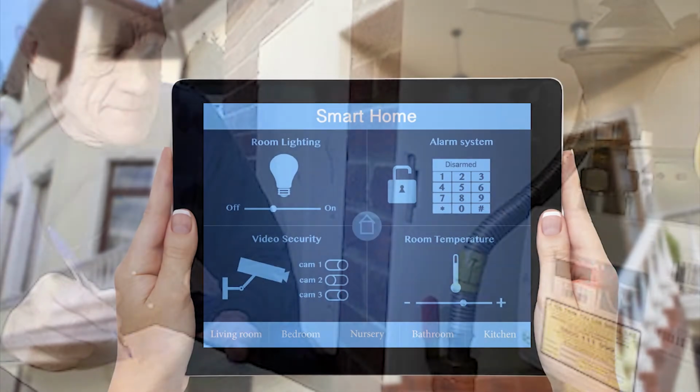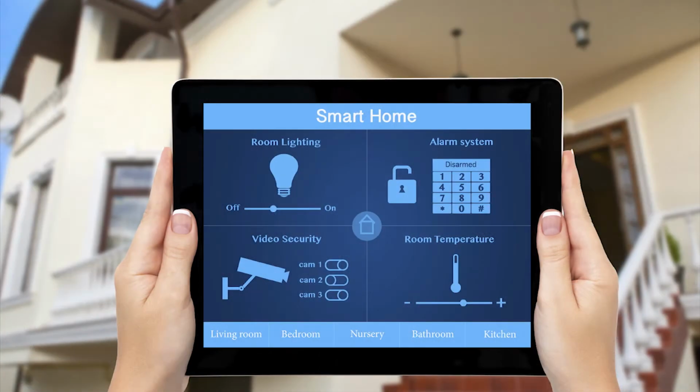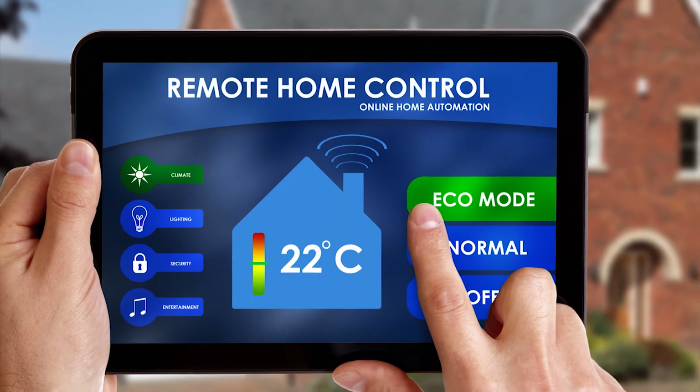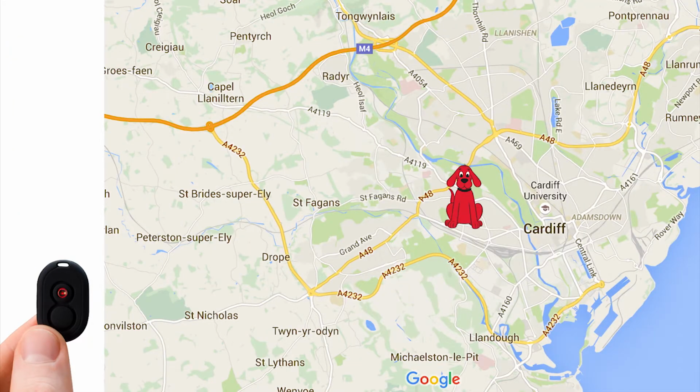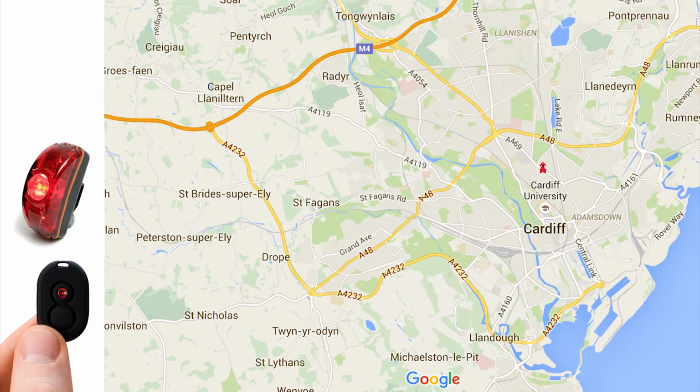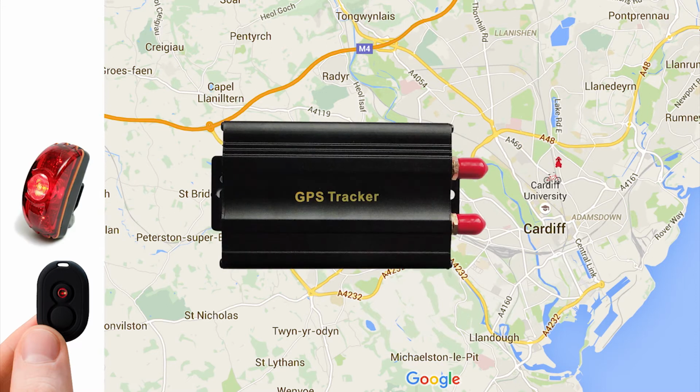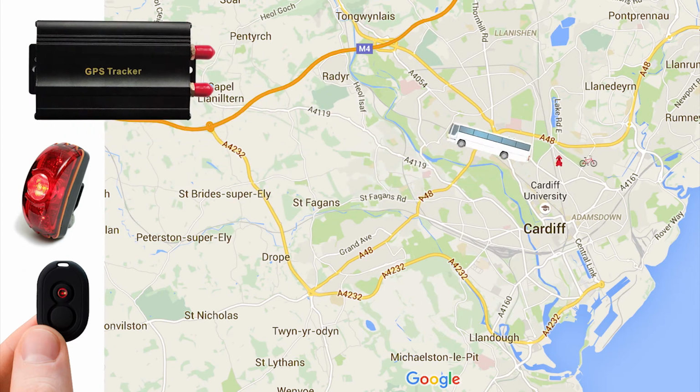Already on the market are burglar alarm systems that send you a text to your mobile and can even stream a live video of the thief rampaging your home. Other systems control your heating. I can put this tag on my dog's collar and plot where she is on a map on the Internet. The same thing can be done using this rear lamp on a bicycle. Fitted to a vehicle, this device also plots its location, but also allows me to turn off the engine and speak to the thief. All of these things are fine examples and available today, but they're not really the full